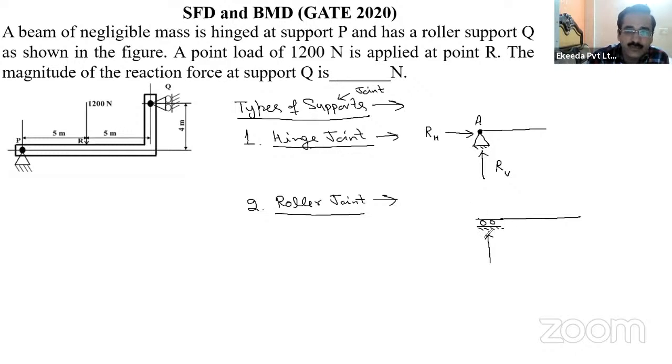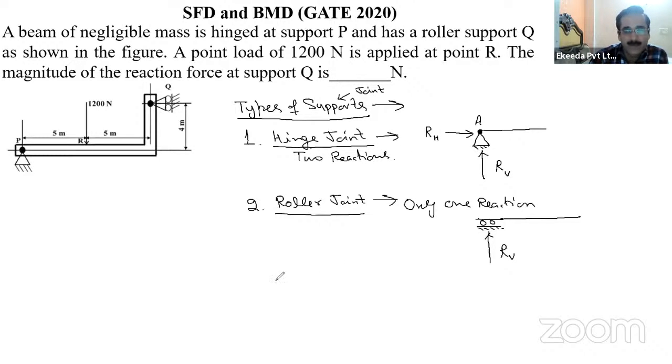That's why there is no horizontal reaction, only a vertical reaction. So only one reaction is there, because the horizontal movement is allowed and rotation can be done about the roller joint, right? So this is the roller joint, and in a hinge joint, two reactions are there,